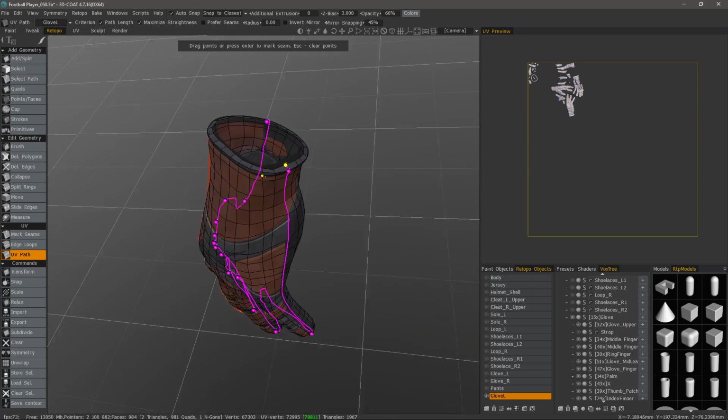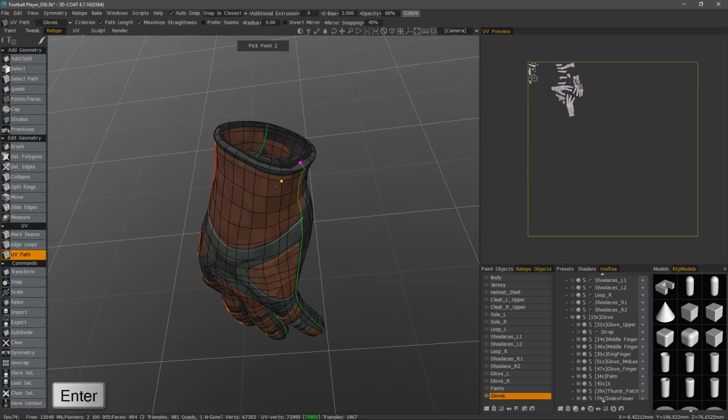When I'm ready to commit it, all I have to do is hit the Enter key. Now 3D Coat has created a seam that's highlighted green. However, you'll notice that point is still there. If I want to completely stop the line creation at this point, I can hit the Escape key. Now I can step out into another tool,